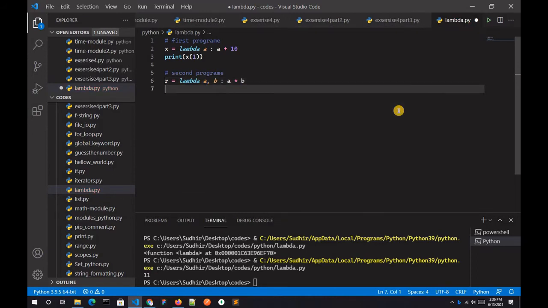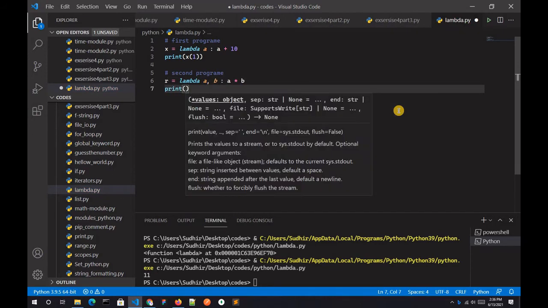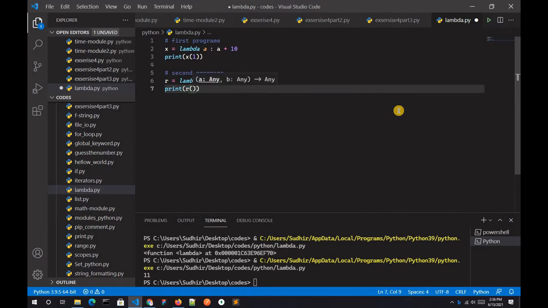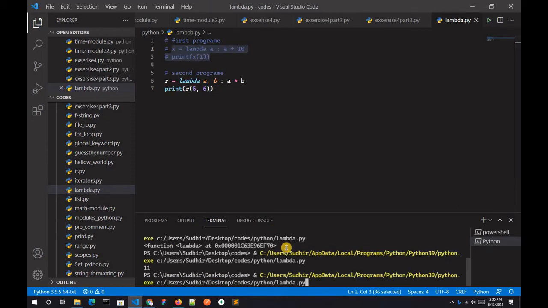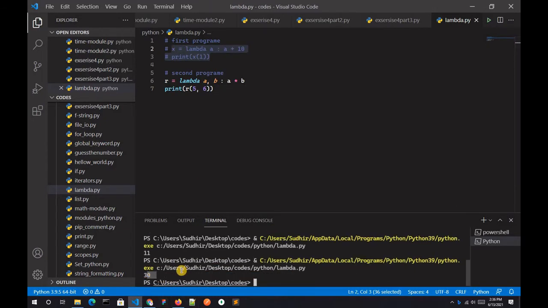Then you have to print r, not x, and type 5, 6, and now run this program. Let's comment out the previous one and run this. You can see 30 is printed.